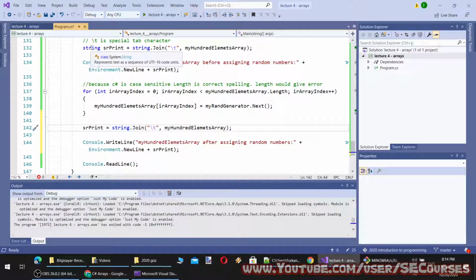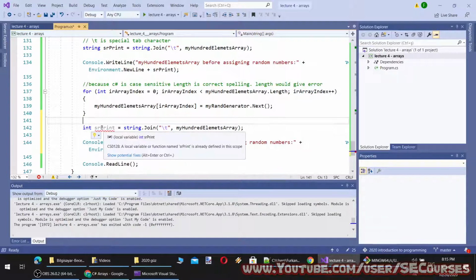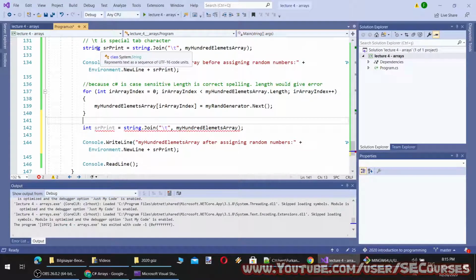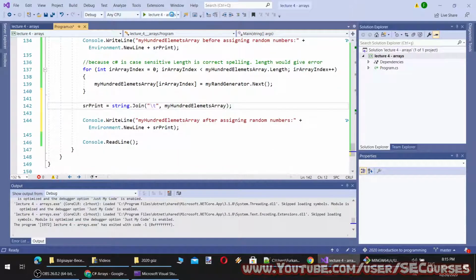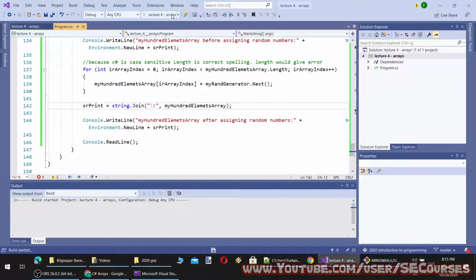I don't put string in front of sPrint again because I already defined the local variable here, so you can't define a local variable with the same name again. This is a strongly typed language. Therefore, I have to use it like this. And when I run the application,